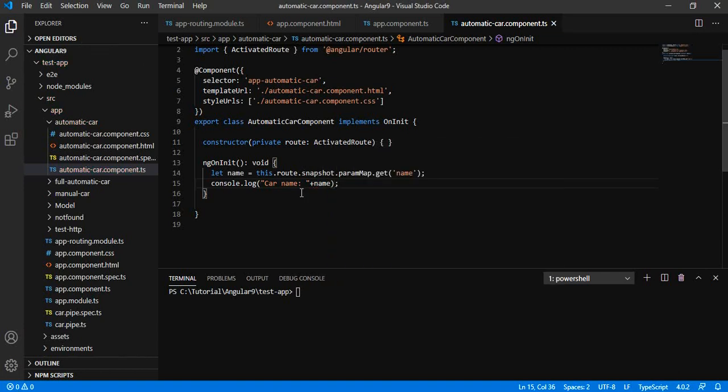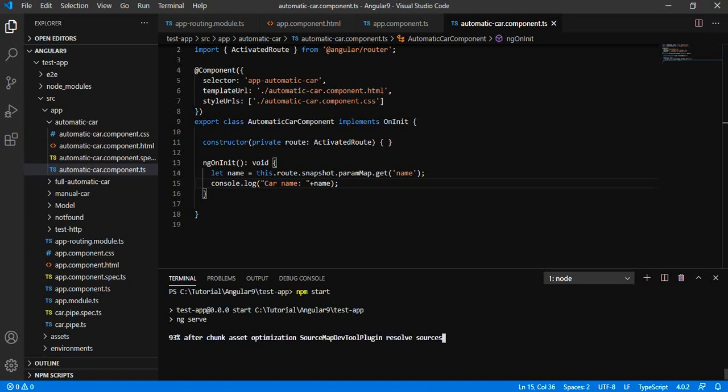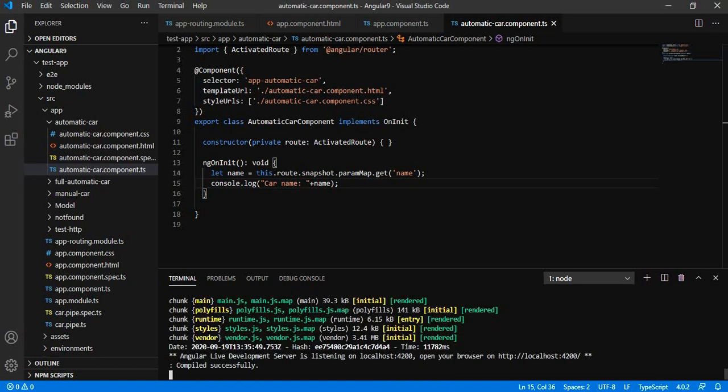Let us run the application. So when we open the browser, we will get this particular view with the defined text box and the button.